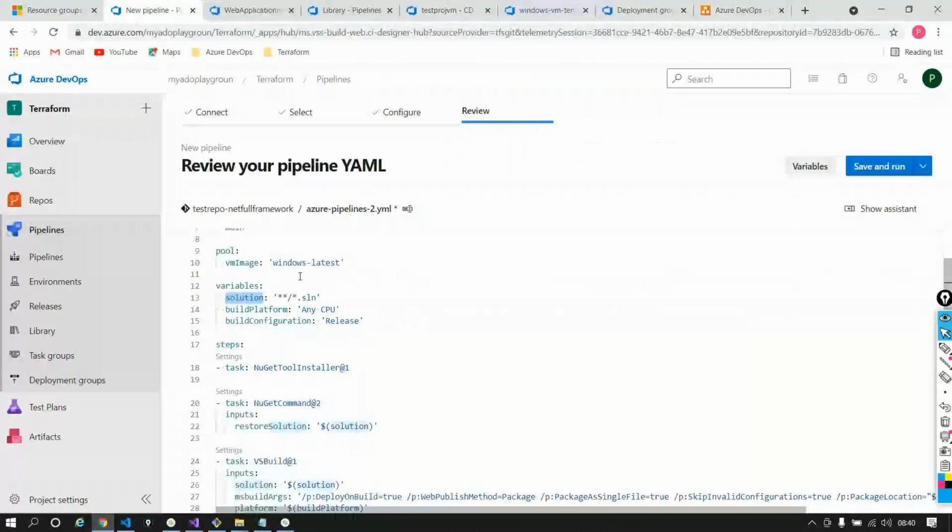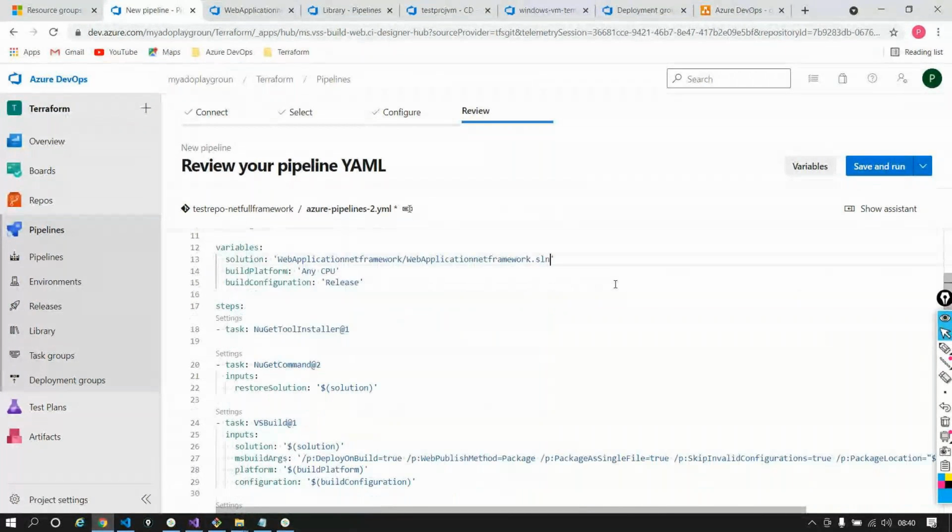So I can say it is not the generic, but this is the solution file that I want to target out here. So whatever I am declaring in a classic editor, the same thing I am just declaring as code out here. And now you have different things like NuGet installer, which is a task. So if you observe,